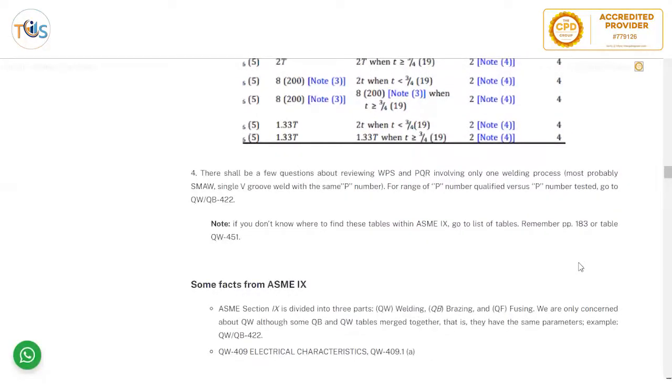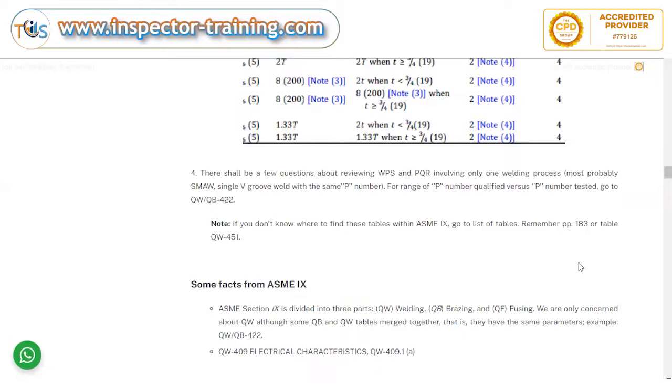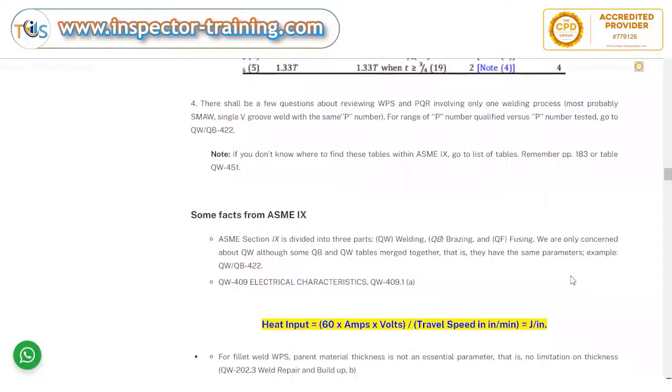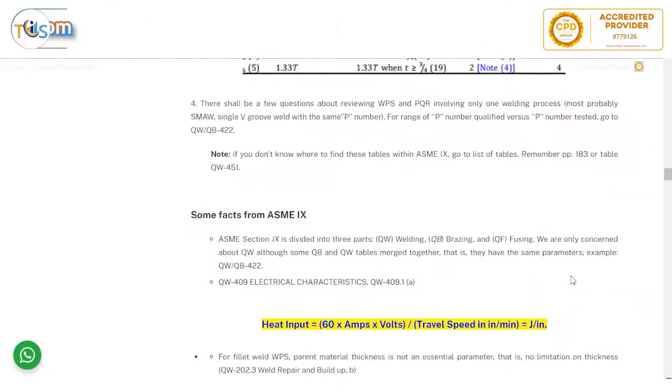So most of the WPSs and PQRs are tested with a tension test. If there is a supplementary essential variable, then a Charpy test, but normally it's a tension test with either a side bend test or a radiography. The same goes for the WPQ, welder performance qualification: the side or face bend test can be replaced with a radiography. There shall be a few questions about reviewing WPS and PQR involving only one welding process,